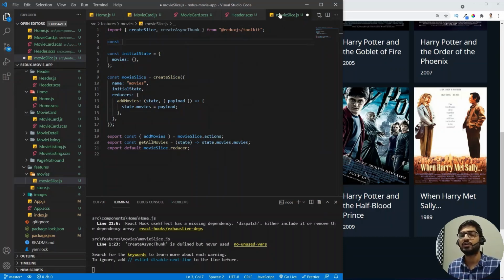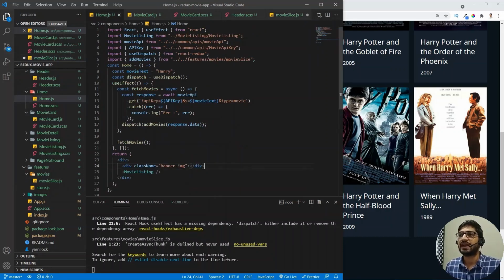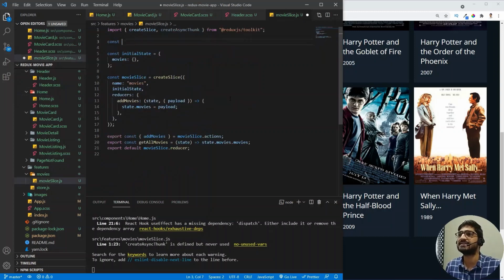Right now in the home.js, we created a function, fetch movies, which calls the API and gets the data. We don't want to fetch the movies in our component and then dispatch the synchronous action creator. So we need to remove this piece of information from here and put it in our slice, and make an API call with the help of the async action creator. So I'm going to write a constant, fetchAsyncMovies,